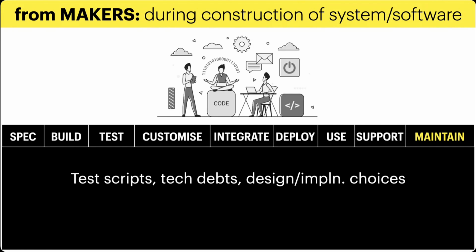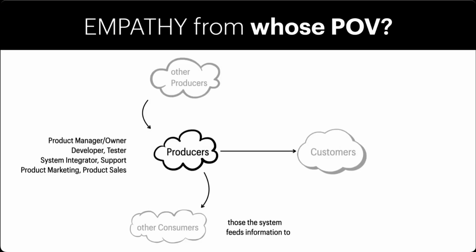We talked initially about users, we talked about system integrators, and we talked about the makers. All I was trying to show is that it's not just about end users. So now the question that comes is, okay, from whose point of view? Let's take a slightly different look. We talked about various specific roles, but when you look at the larger picture, we are producers and somebody consumes, and that's how some of these ideas came in. So we said product managers, owners, developers, testers, integrators, support, etc. are under the ambit of producers, which is what we briefly talked about.